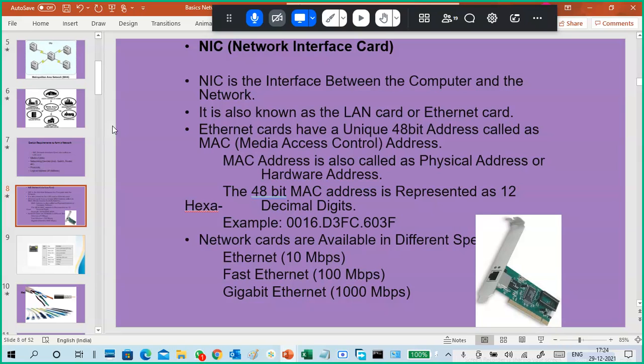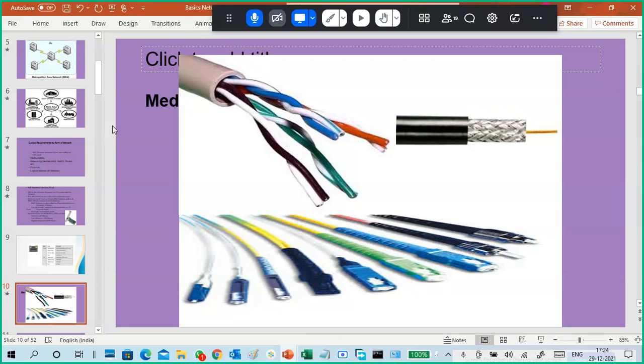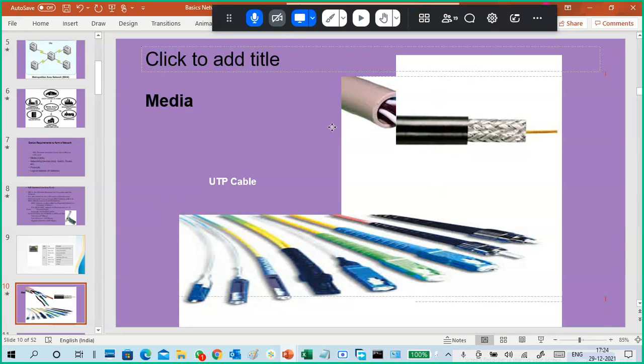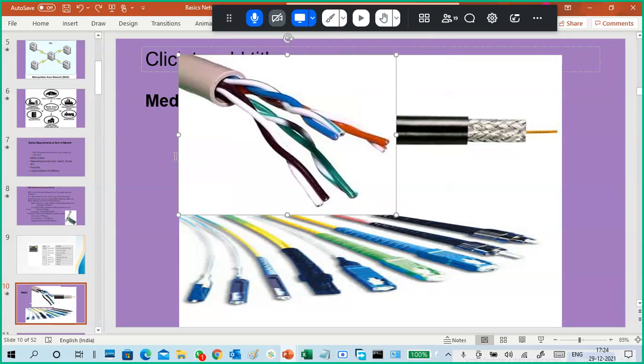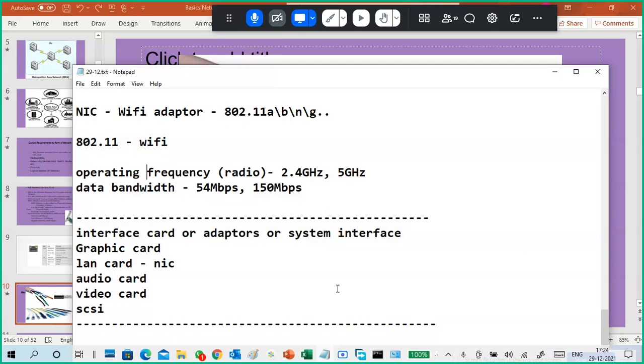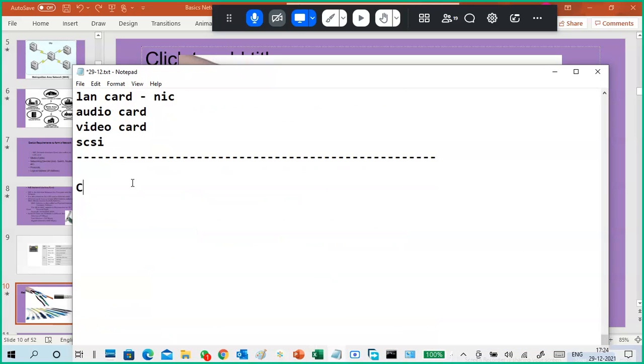This is NIC. Done. Next, different types of cables. Okay, so here it is. If you see this side of a cable, first they use this kind of cables here. First, we will go to the cables part. In a basic cable structure only, I will tell. I'm not going in depth, but a few terminologies I will tell, so try to remember.